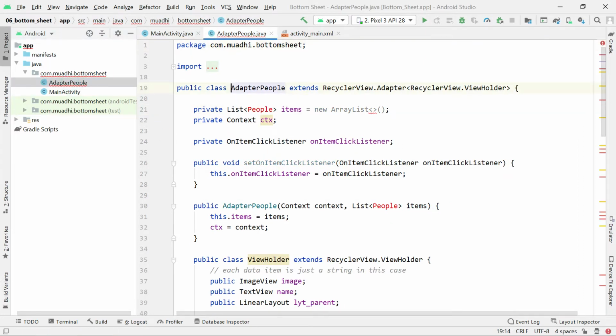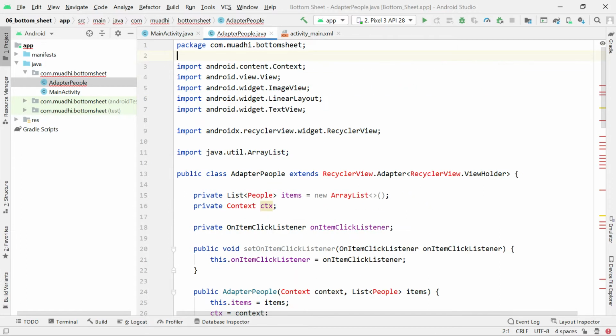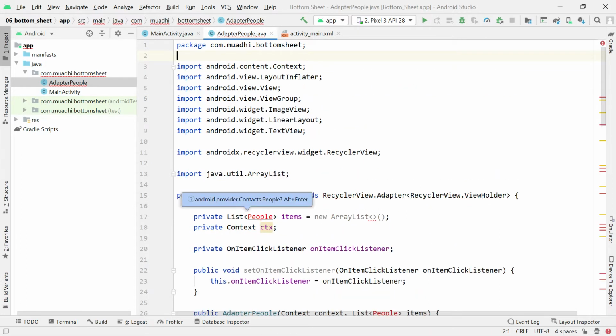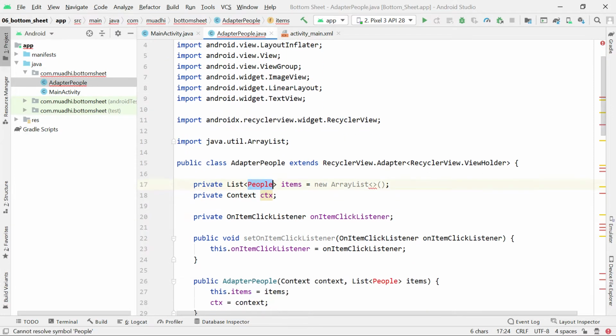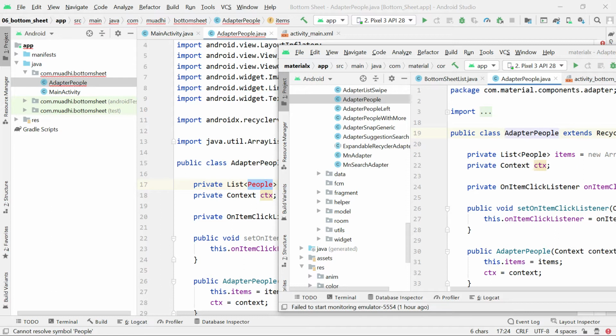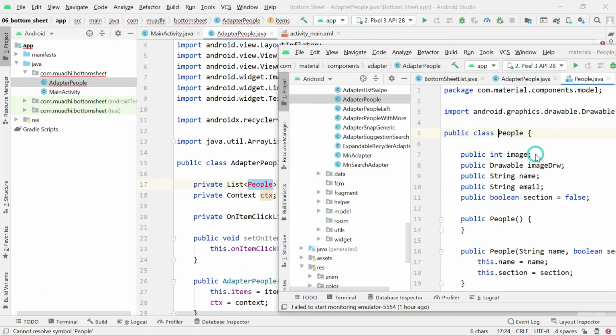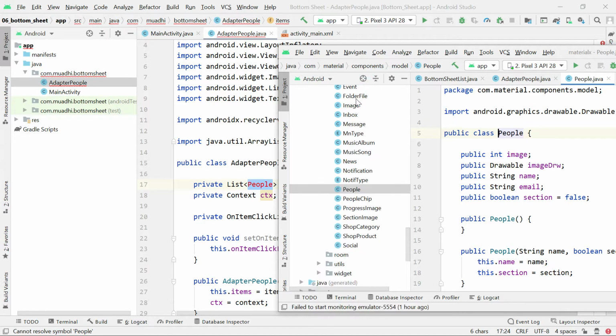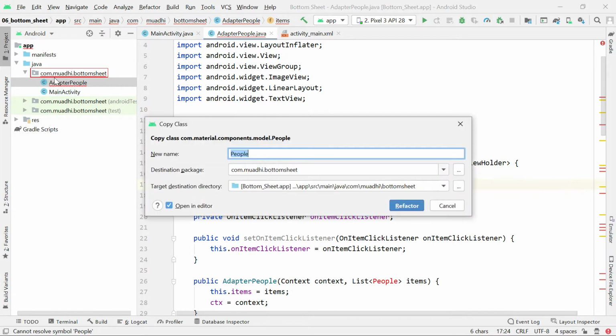So I'm going to go ahead and prepare this. First of all, it needs a model of people. This model of people is already in this project. So I can just simply come here, model people, press Ctrl to get it. Then click on move, and it will show me. So I drag and drop it here, also in this package.